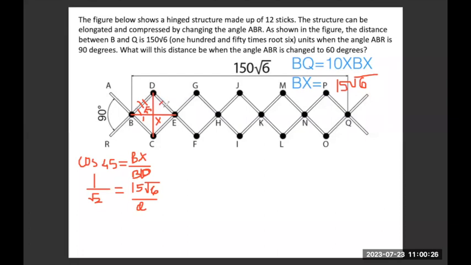This dimension is not going to change, but the BE distance will change. So I'm more interested in finding the value of this stick, one part EG or GH or BD. So I say cos 45 is BX, which is this much, upon BD, which is 1 by root 2, equal to 15√6 upon BD. I'm assuming the length of BD to be D. So D's value will be equal to